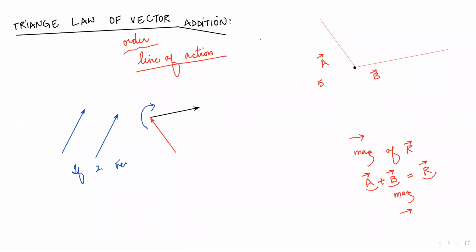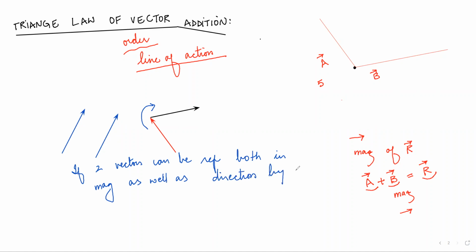If two vectors can be represented both in magnitude as well as direction by two sides of a triangle, taken in the same order,